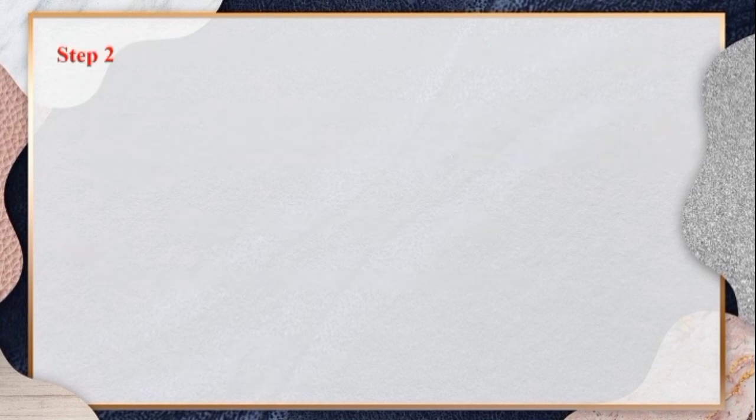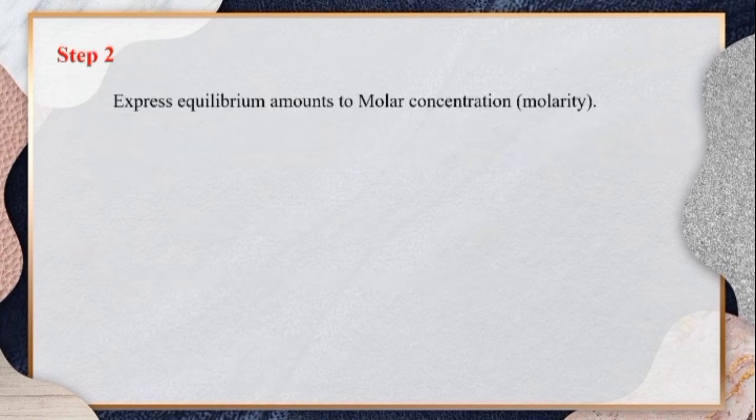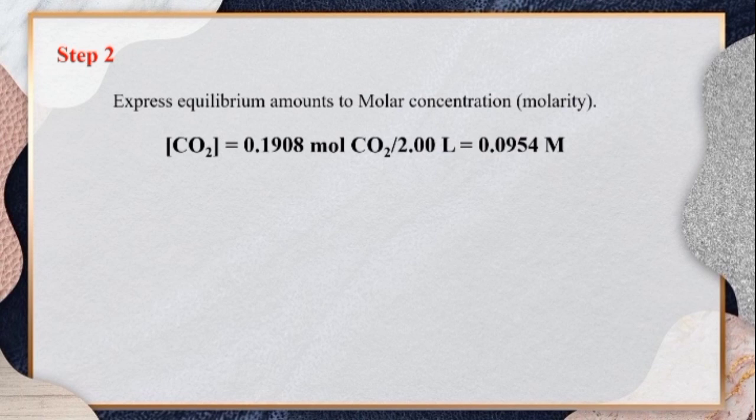For step number 2, express equilibrium amounts to molar concentration. In this example, the amounts are only expressed in number of moles. Thus, conversion of each is required. To get the molar concentration, we just simply divide given moles of components by the volume, which is 2 liters. Thus, for carbon dioxide, the molarity is